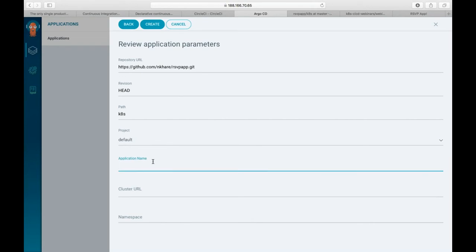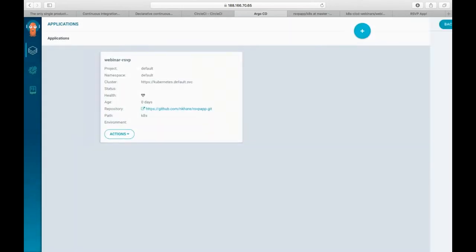We can give an application name here, say webinar RSVP. For the cluster URL, we are using the local cluster because our Argo CD is running on the same Kubernetes cluster. If it were different, you can configure Argo CD to talk to a different Kubernetes cluster as well. The namespace in which you want to deploy is default. Then we create it.